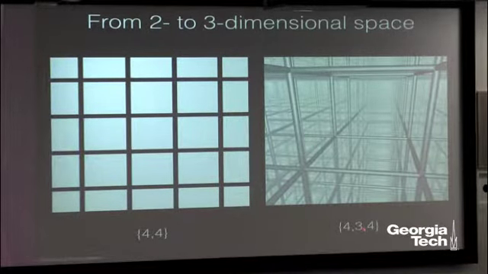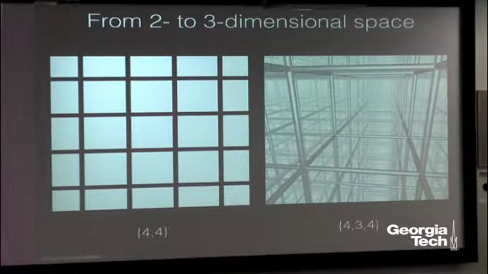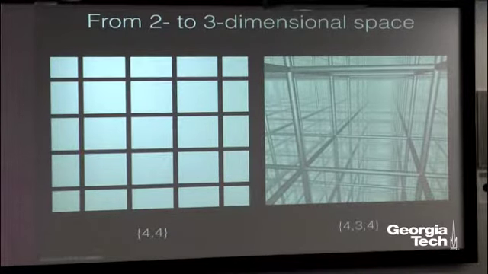The first 2 numbers mean the same thing as they do here. So I've got now squares that meet 3 around every corner. Can anyone tell me what shape that would give me? A cube, exactly. I guess I would pick a normal room, but there aren't really right angles here. In the corner of a normal room, I'd have one wall, another wall, and the ceiling or the floor, and that would give me the corner of a cube. So I've got 3 squares around each corner.